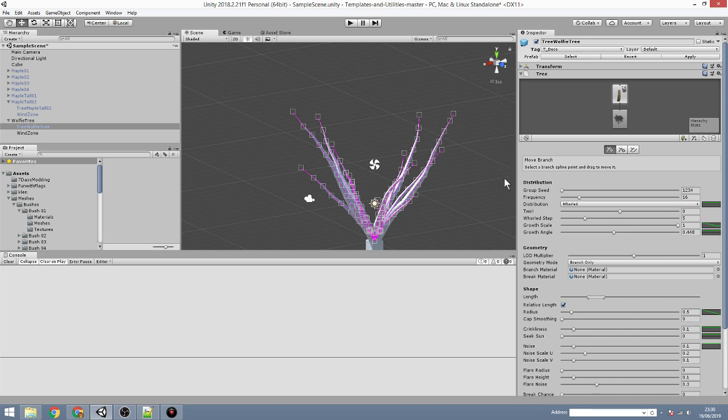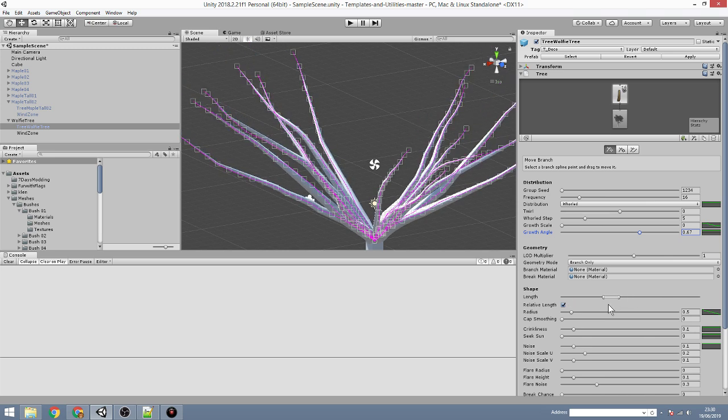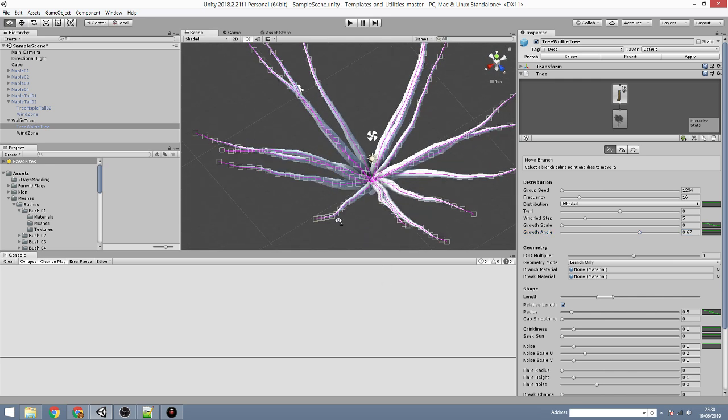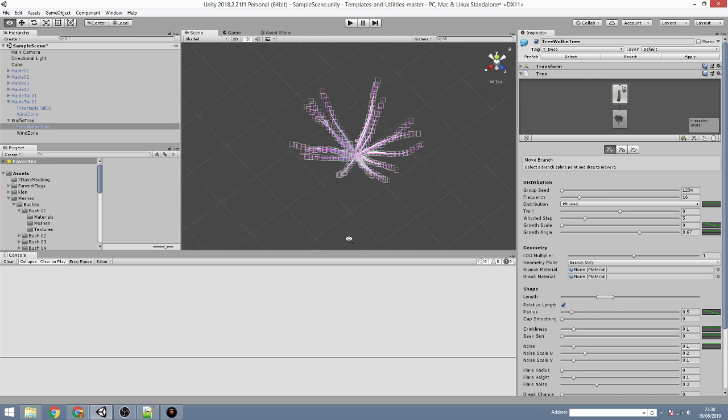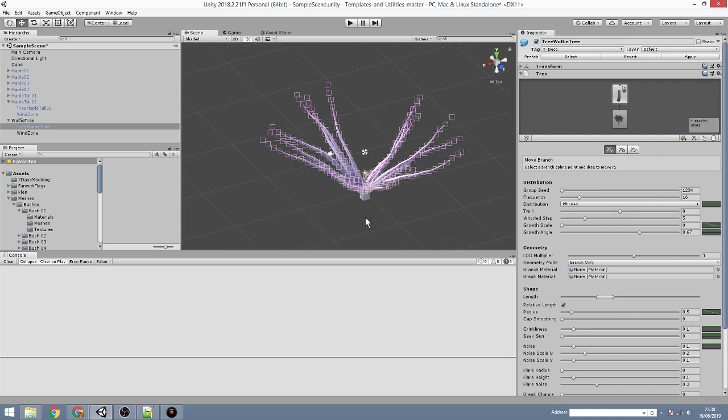Let's take off the growth scale so they're all the same length. Then set the angle down some more. Turn the length up. This will be like a huge multi-block tree. Well, it's gonna be like 10 blocks by 10 blocks or something. It's gonna be pretty big. But let's see. So we can do this, and then we can then do